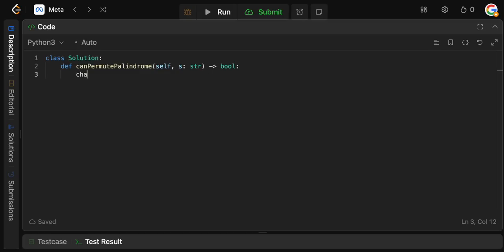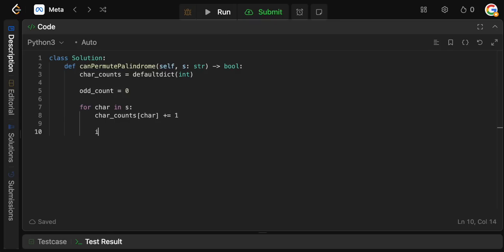So we're just going to say char counts. We're going to basically just initialize a dictionary, so defaultdict of int, and we're going to keep track of the counts, and then we're going to do an odd count to keep track of our odds. This is going to be 0. Now we're just going to go character for character, so we're going to say for char in S. What do we want to do? We want to add it to our dictionary, so we're going to say char counts of char. We're going to add it by 1, and now we're going to say if